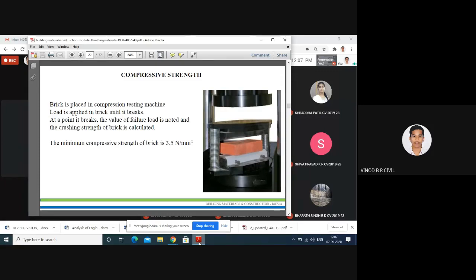This is also a usual question in PGCET or some of the competitive exams: what is the minimum compression strength of clay brick? That is 3.5 Newton per mm square. As per the IS code, the minimum compression value is 3.5 Newton per mm square. Some bricks are 1, 1.5, 1.2, 2, 2.5 also, you can expect. But those kinds of bricks are not good for construction of masonry. The 3.5 is the minimum compression strength of brick masonry.